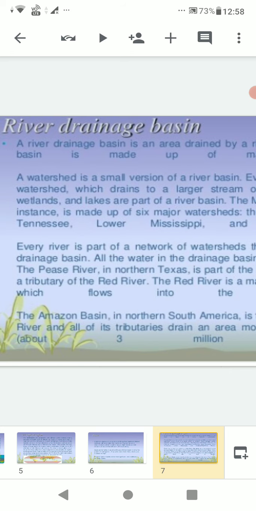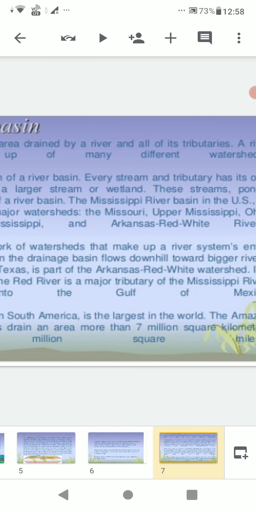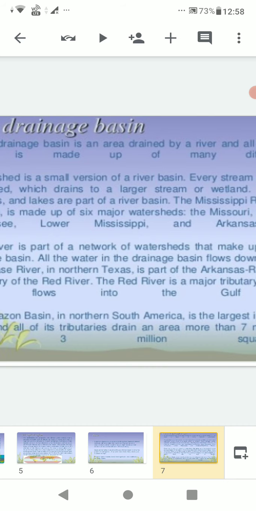So every river is a part of a network of watersheds that make up a river system's entire